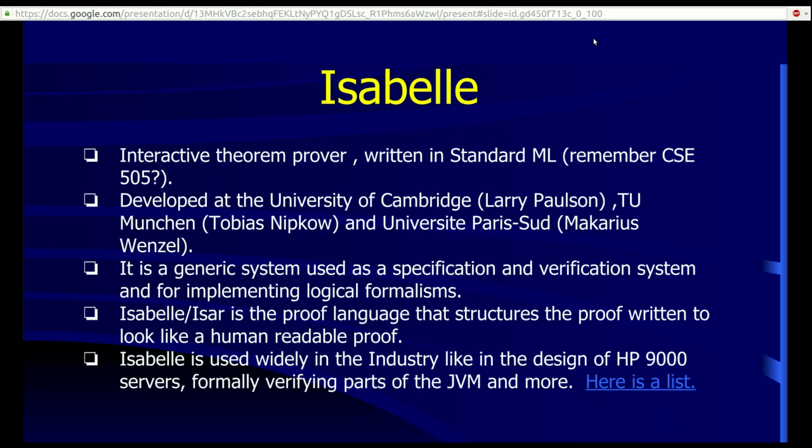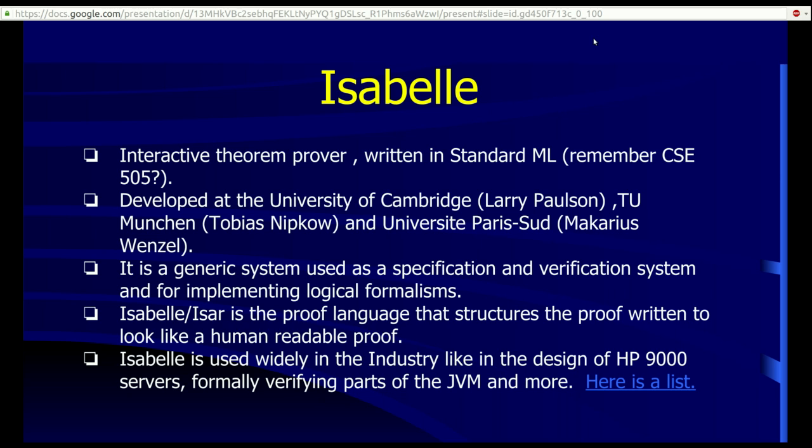Let me start off by telling you what Isabelle is. Isabelle is basically an interactive theorem prover which is written in standard ML. Standard ML is a functional programming language that was written mainly keeping in mind proving theorems in Isabelle and LCF, and it was written to support these proofs. And when I say Isabelle is an interactive theorem prover, I mean that it's not completely autonomous. It needs some sort of interaction from a human in order to get more information to solve a theorem